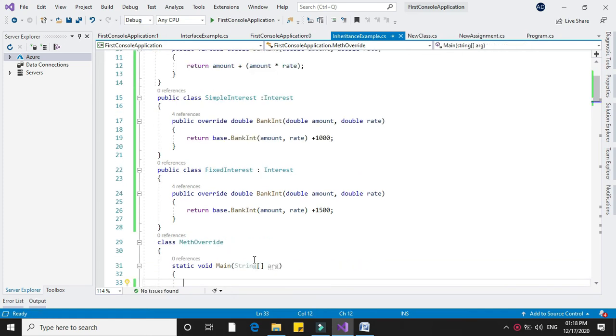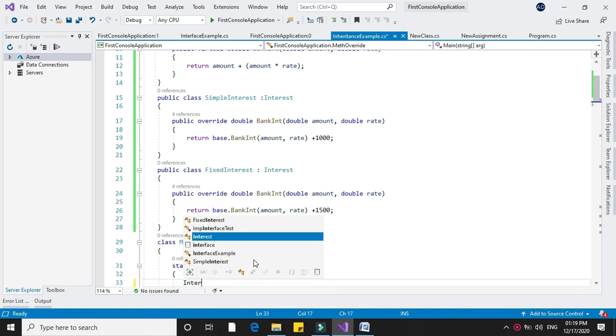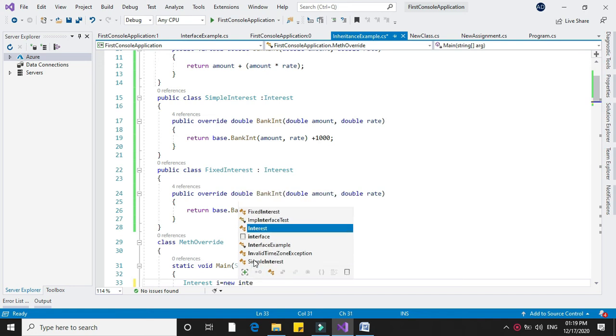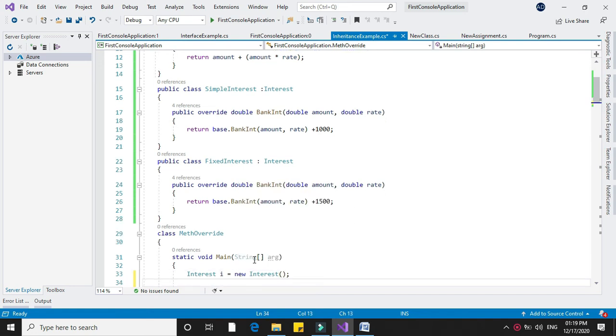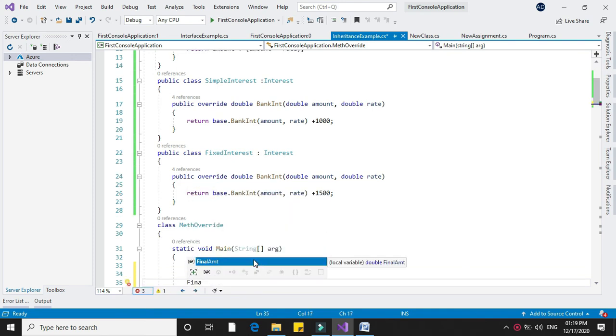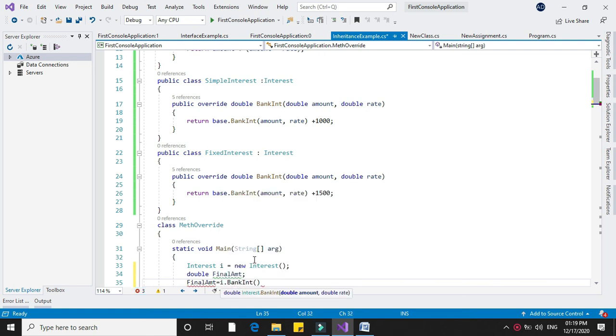And in the main method I will create the object of our class interest, I equal to new interest, then I will declare variable final amount, and in that I will call the method I.bankInterest and I will pass the parameter values in it.